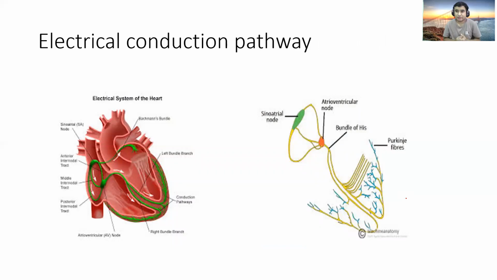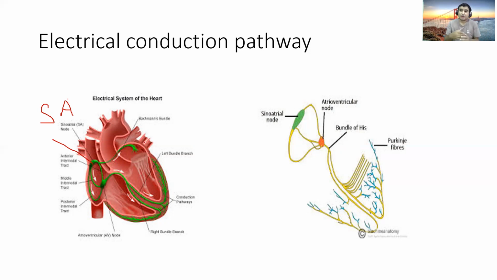Then before going ahead, we have to know about the conduction system of the heart. As we know, the SA node can generate the current at the highest rate. That's why it is also called the pacemaker, because the SA node can generate current at between 60 and 100 per minute in a normal individual. If the SA node is failing, then your AV node can generate. If the AV node is failing, then the bundle of His can generate. If the bundle of His is failing, then your myocardium can generate.